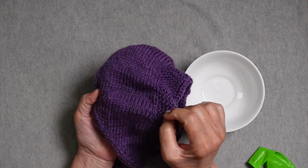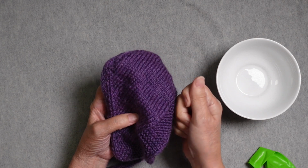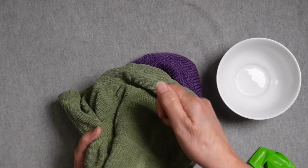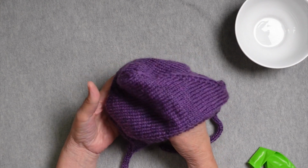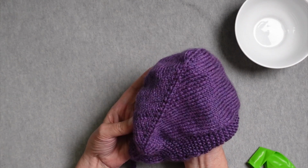So I have spun the water out of this. You could just squeeze it out. You don't want to wring it. You can roll it up in a towel and squeeze that in order for it to be just not sopping wet anymore. The next step is to find a way to let this dry that gives it sort of the shape